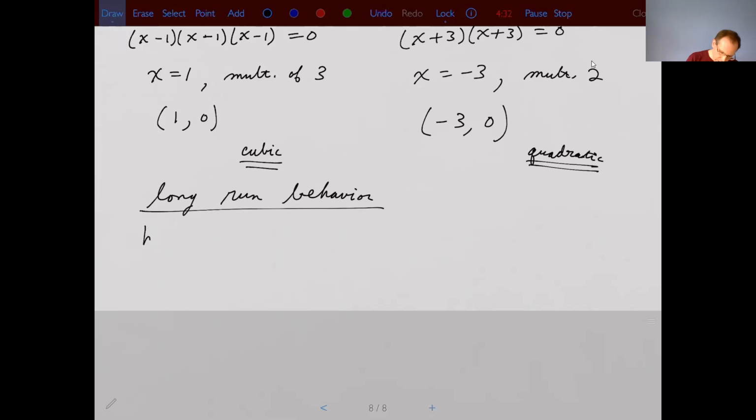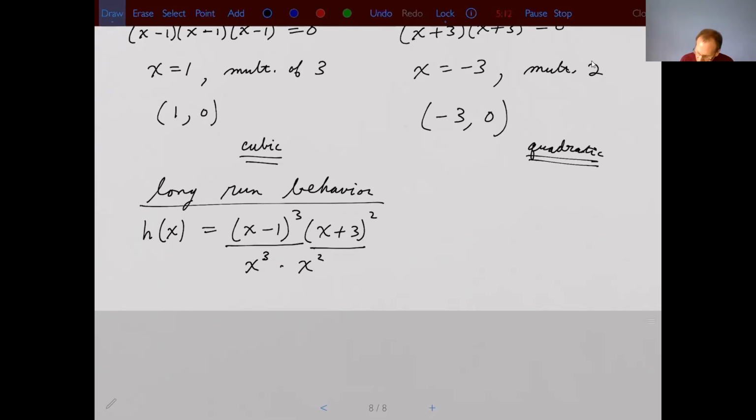Now remember, the original function was h of x is equal to (x minus 1) cubed times (x plus 3) squared. So we only have to look at the leading term. Can you see, if I were to expand x minus 1 cubed, the first term has got to be x cubed plus a bunch of other things, right? And I don't even need to know those other things. I just need to know the leading term of that piece. And if I expand x plus 3 squared, the leading term of that piece is going to be x squared. So that means the leading term of the entire polynomial